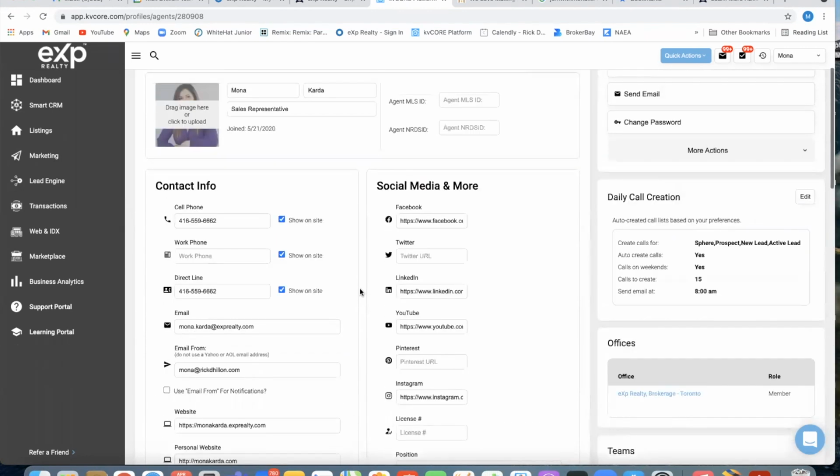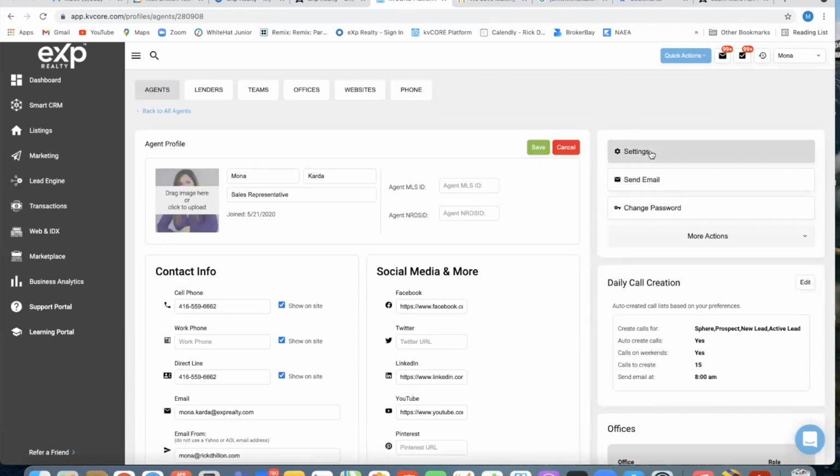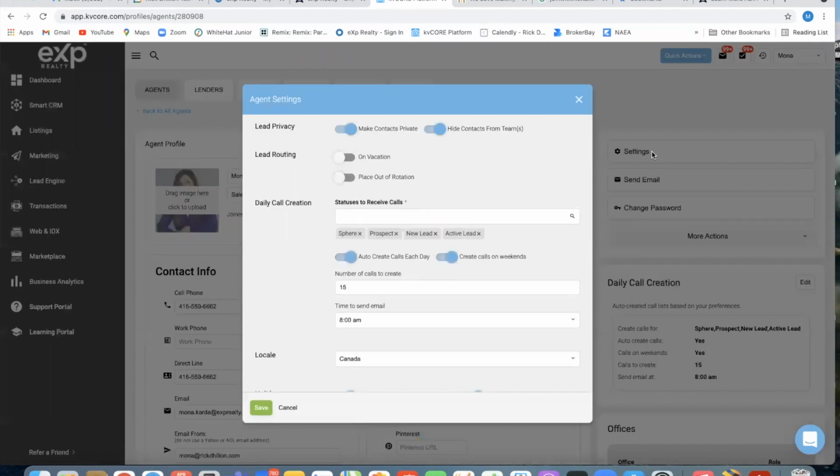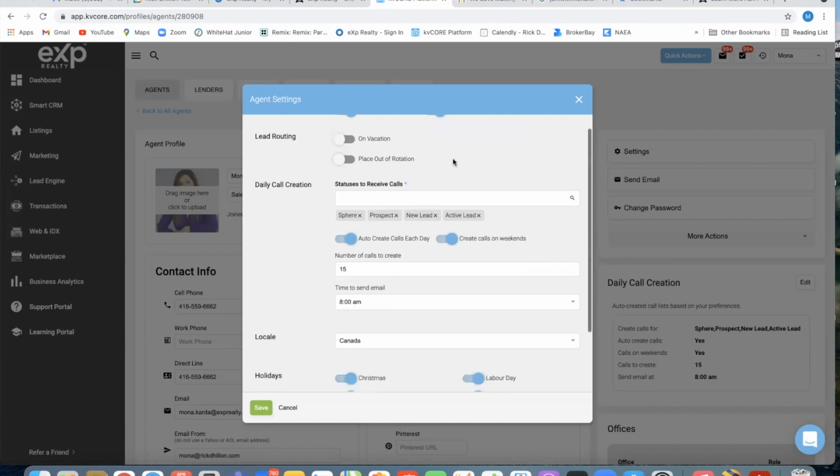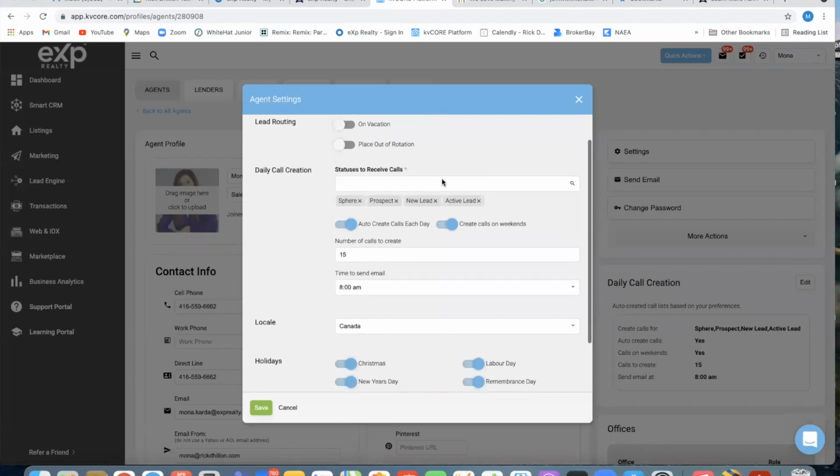Okay, so on the right-hand side here, we have settings. When you click on settings, you can have your lead privacy, make contacts private, hide contacts from team. You don't have to do this. I'm not sure why I even have this clicked on, to be honest with you, but that's where you would find it. Lead routing, on vacation, place out of rotation, depending on how you want your calls and leads to